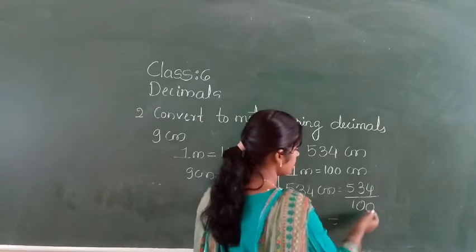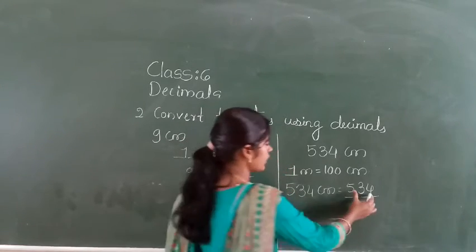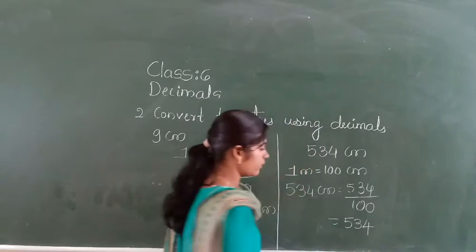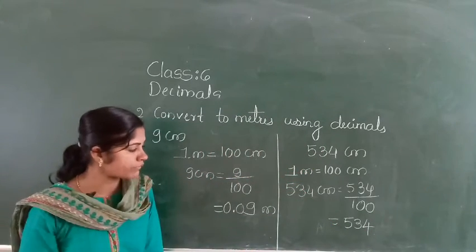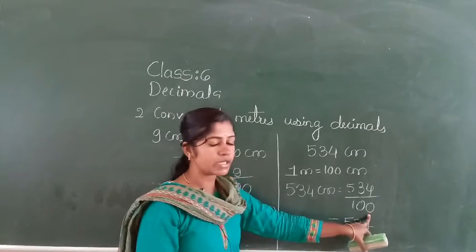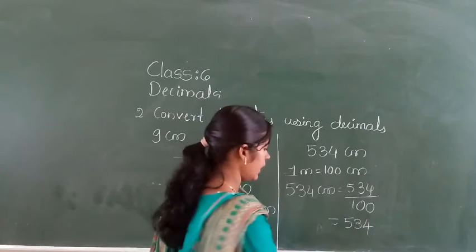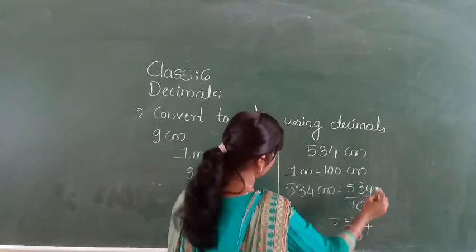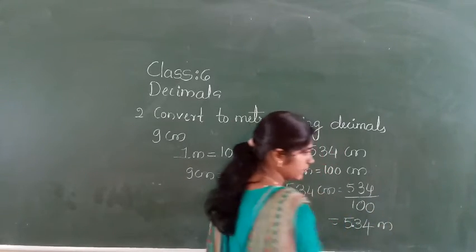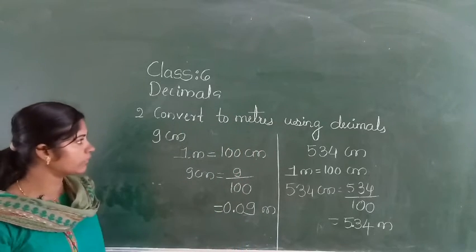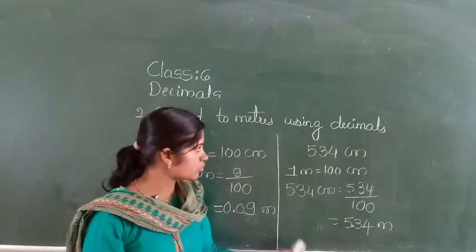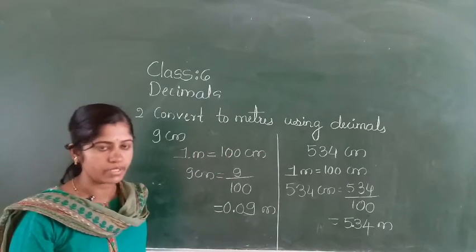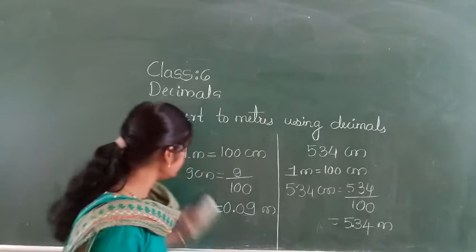Then see here, this is there in fractional form. First you have to write this numerator. I am converting this fraction to decimal. So I wrote here 534. After 534, see here, in the denominator how many zeros are there? 2 zeros. Then after 2 digits you have to give the point. And what to write here? 5.34 meter. This type you have to convert centimeter to meters. See here, this centimeter is there, no? I converted to meters. Let me take one more example.